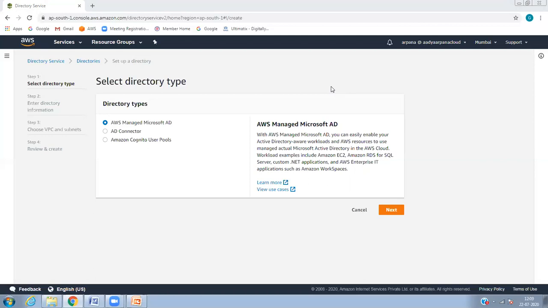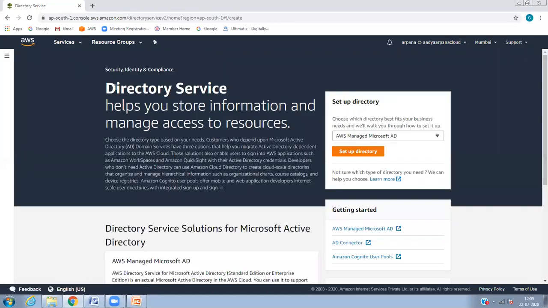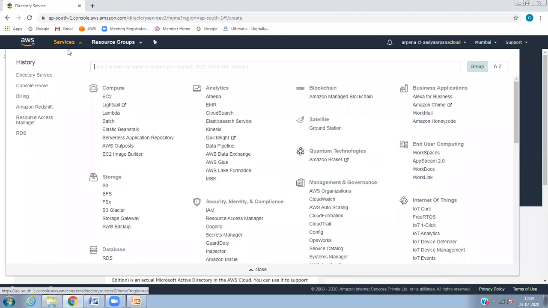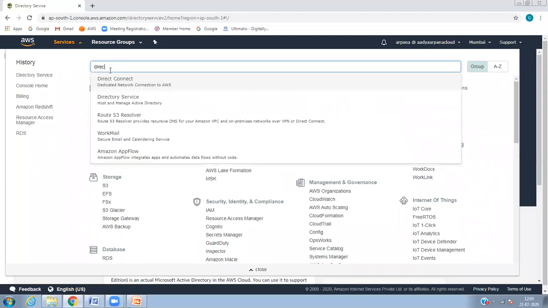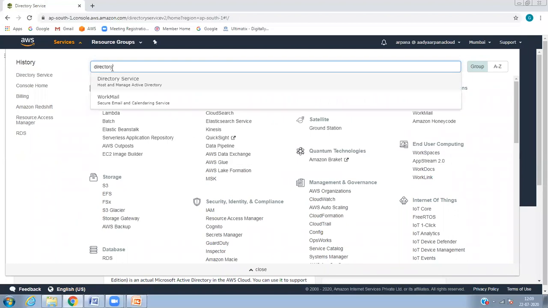So basically, let's talk about how to join the domain by using our directory services. First thing is go to your console and search for directory services. Why are we creating a domain?